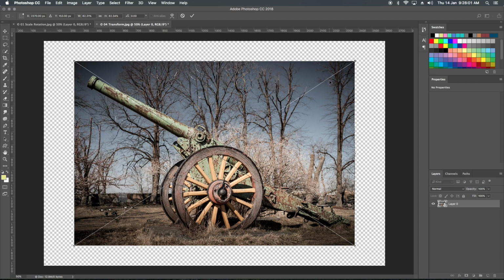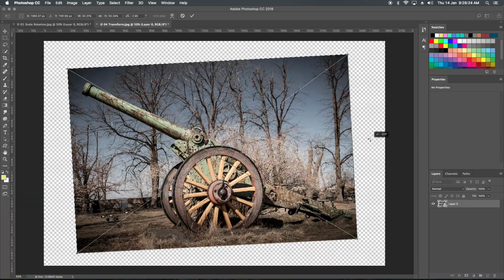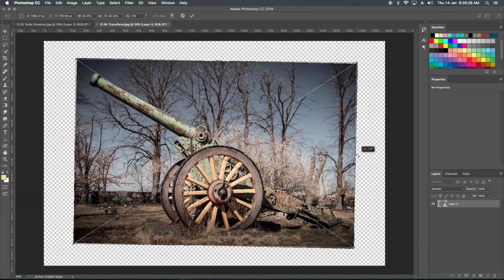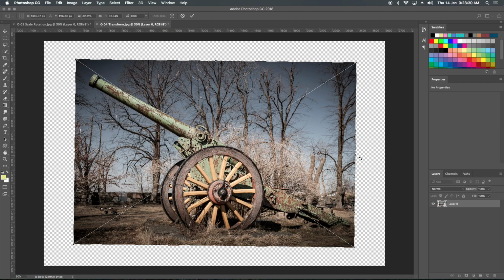So we can even control this control point, the anchor point. How? We can straight away drag this control point to our desired position. So now the center point is locked at the center of this wheel. If I rotate this, you can see it's rotating as per the center of the wheel.